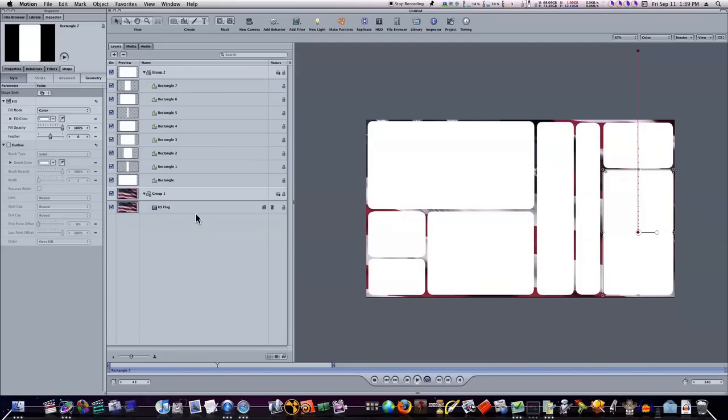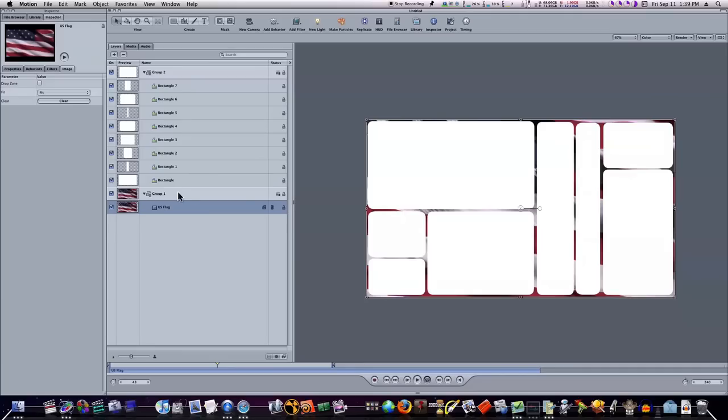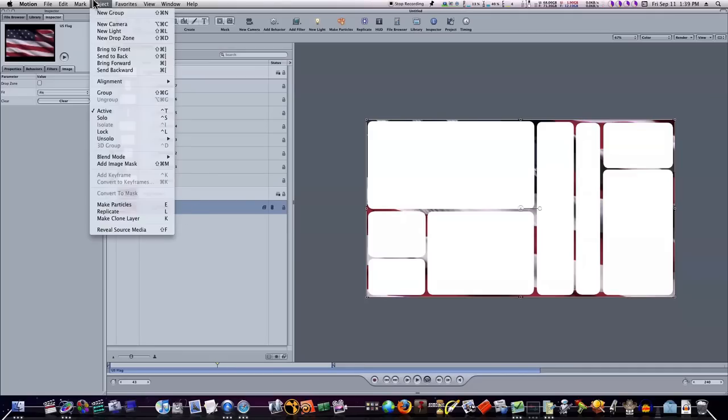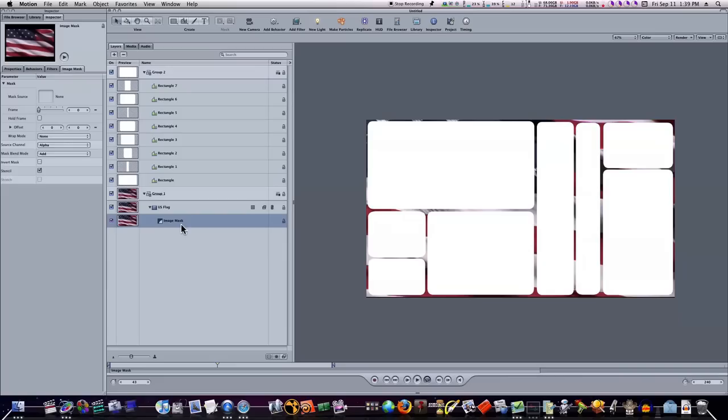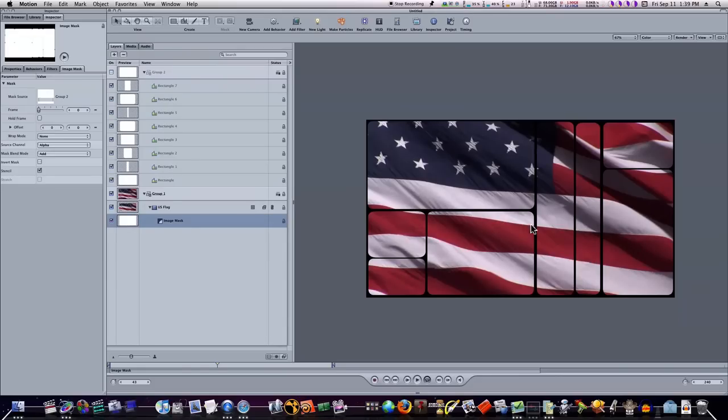So let's select our US flag, or our video, whatever you're using. Go up to Objects, select Add Image Mask. Now, under the Add Image Mask parameters, in the image mask well, there'll be a little source well. In this source well, I want you to drag the group with all those white shapes. And boom, you can see when we do that, that throws our video using the image mask into those white